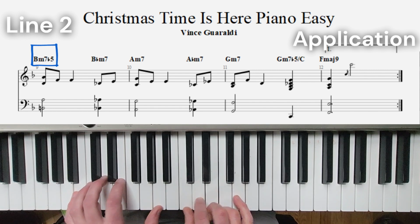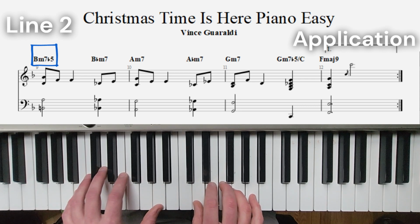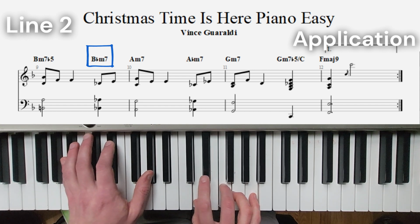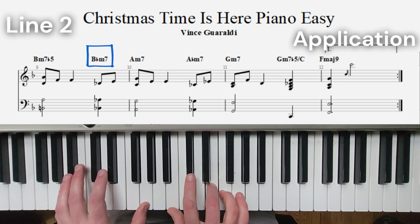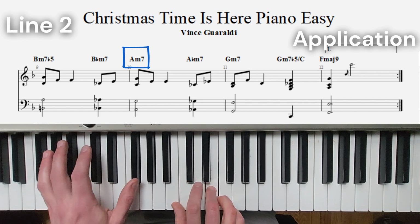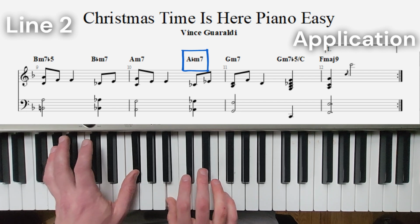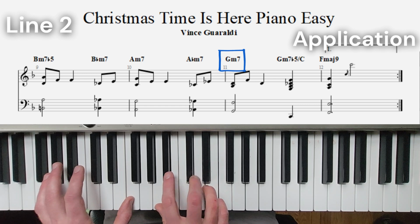So that walk down, B and A, and then we got this D and A over on the right hand side, double F, B flat, A flat with the left hand, D flat, E natural with the right hand, G and A with the left hand, C and G with the right hand, A flat and G flat with the left hand, B natural with the right, to the E flat, G and F natural with the left hand, B flat and D with the right hand,